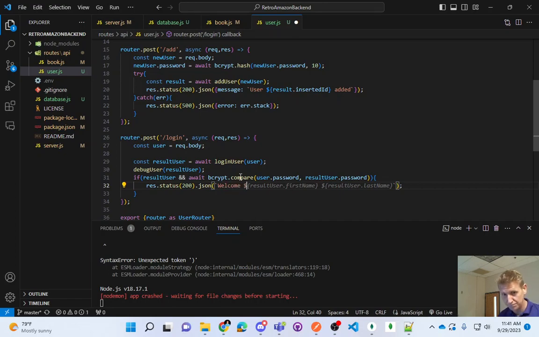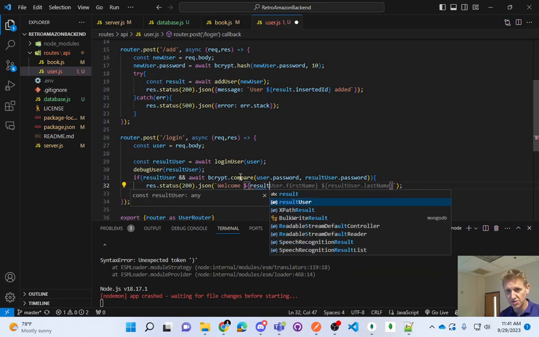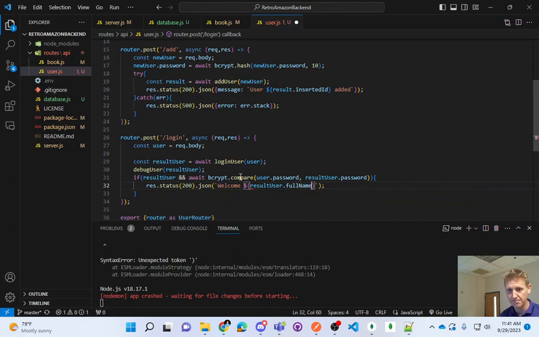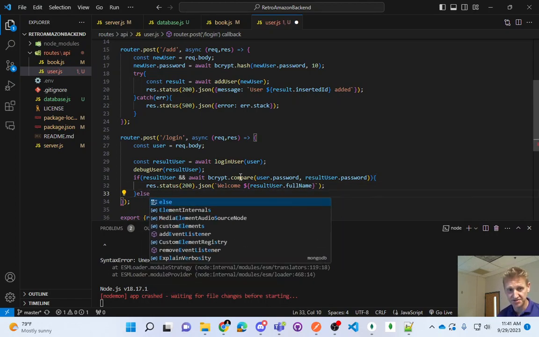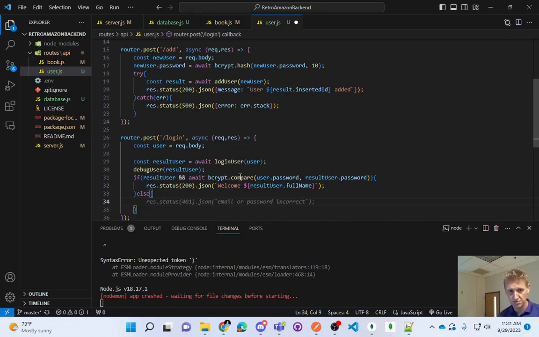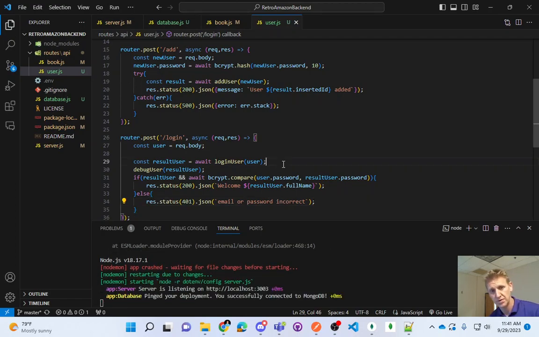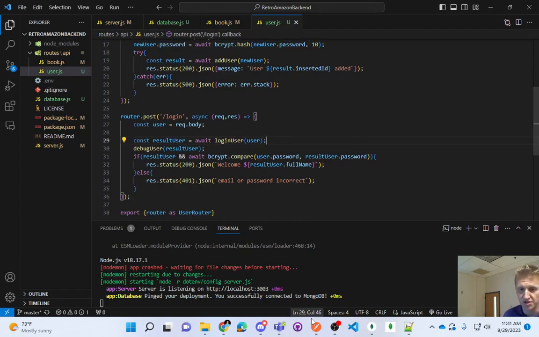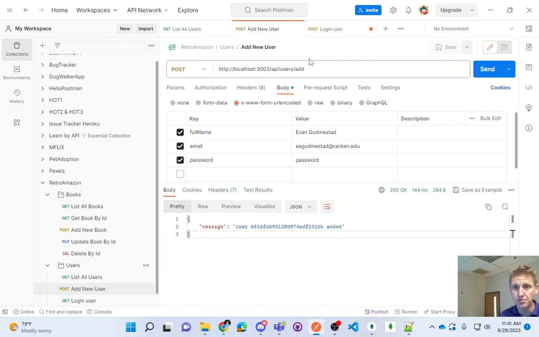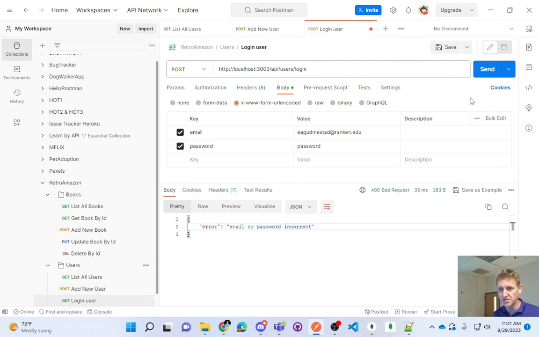Welcome, result user dot full name, else email or password incorrect. Okay, so it's actually quite simple to incorporate Bcrypt, and it again just makes everything way more secure. So now if I go back to my login user and I log in,